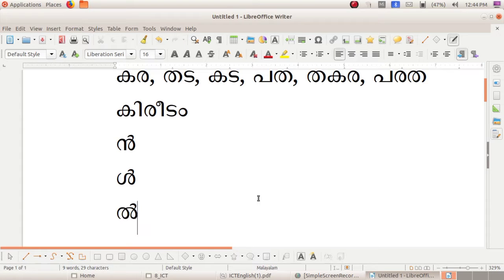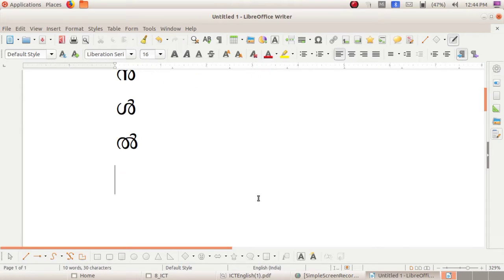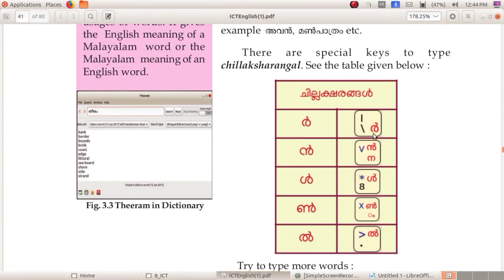Shift plus full stop il. Then the slash symbol is for R. Then shift plus X. So this is for the chillaksharangal. You want to study these keys.